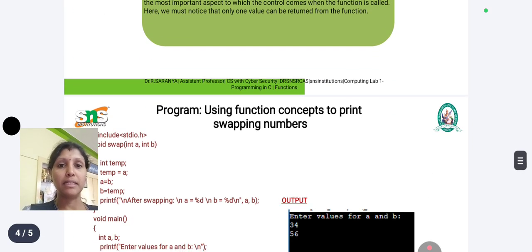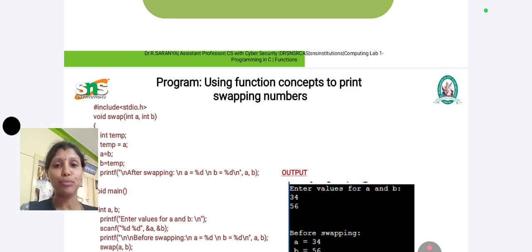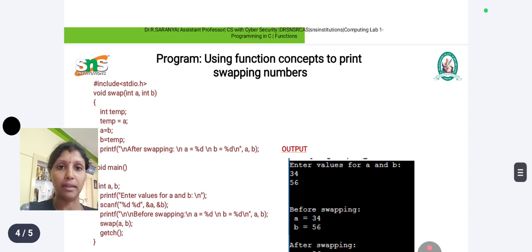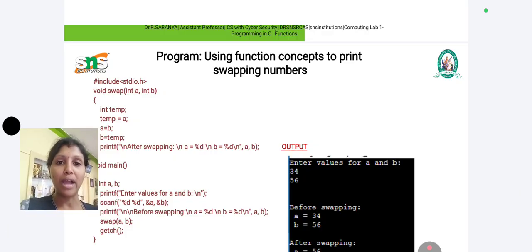Now let us see an example program for how we specify the function declaration as well as the function call. In order to find the swapping of two numbers using function concepts, let us see it line by line. First, we have to specify the header file, the preprocessor directive #include <stdio.h>, and then before we move on to the main function, we are going to